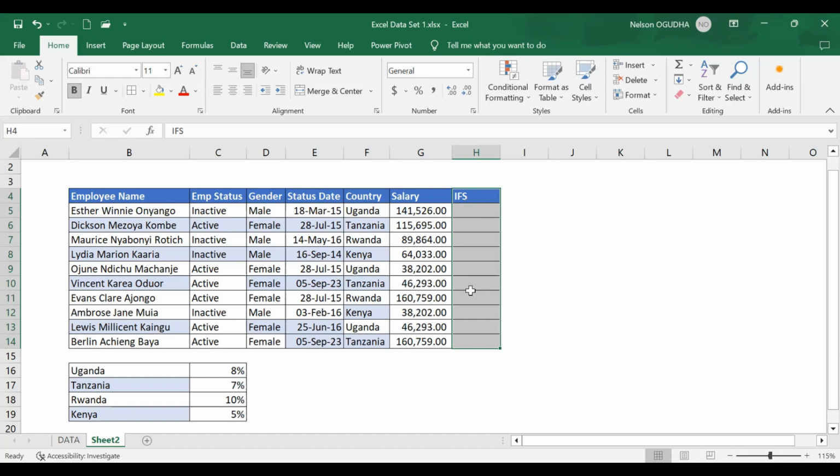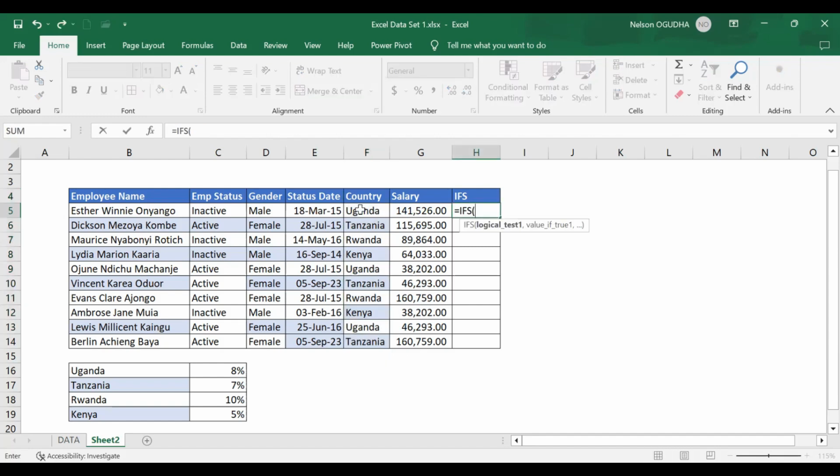Now when you're using IFS, you cannot have two conditions. You only have to go with one condition. That's not the major difference, it's that you only have one condition, and the condition must be true. So we go here and say equals IFS, if F5 is equals to Uganda. Remember, our first country was Uganda. So if it's equal to Uganda, and it is true that it is Uganda there, take the salary times 8%,